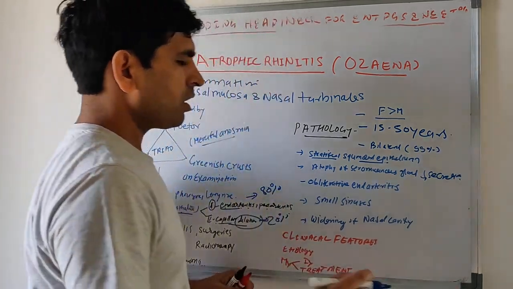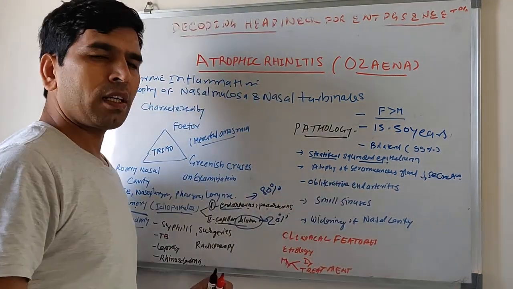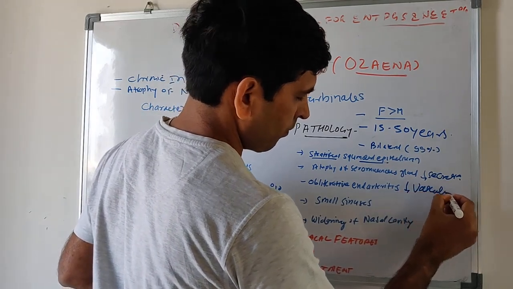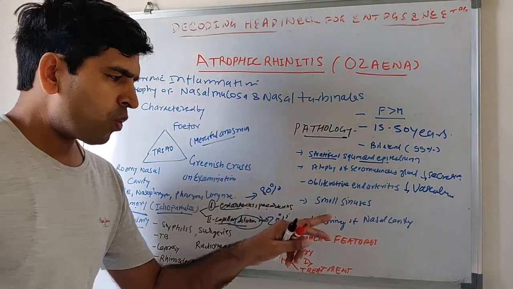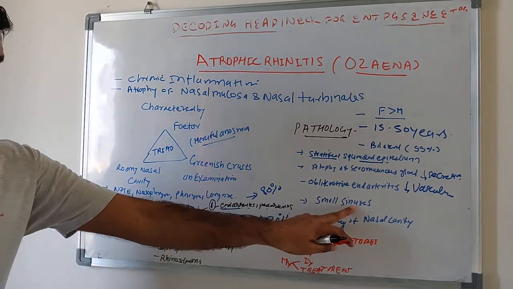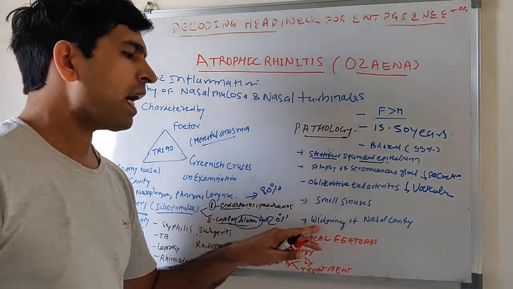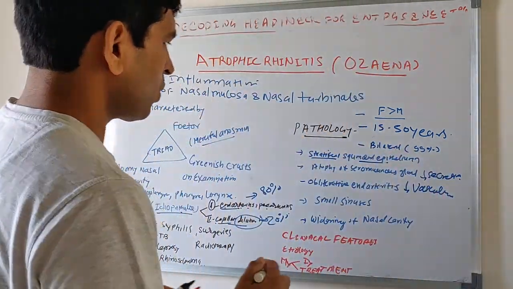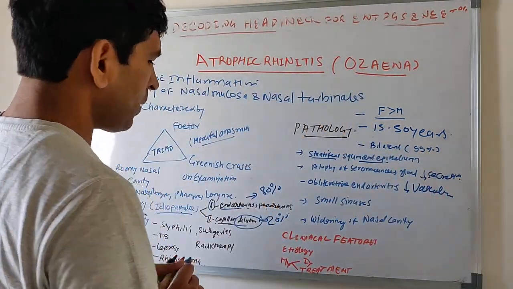There is obliterative endarteritis, meaning decreased vascularity. On CT examination, there will be small sinuses and widening of the nasal cavity, a roomy nasal cavity with crust. So this is the pathology. Now we will talk about